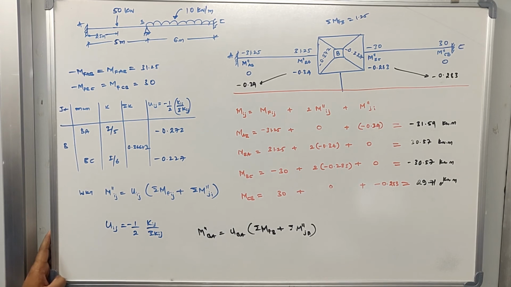Now it is a question for you. You tell me why we are not dividing it by 2. Think over the entire derivation that I have explained. Look back into the equation that we have written, and you will be able to understand why we are not carrying over half of the value, and why we are carrying over the entire value to the far end. This is your exercise, you can say.